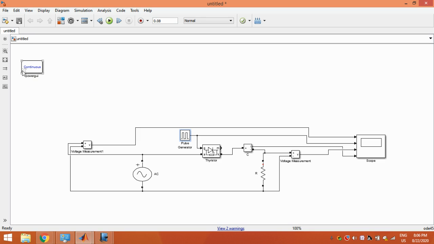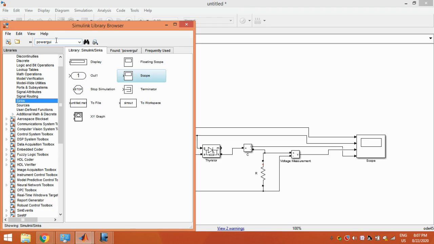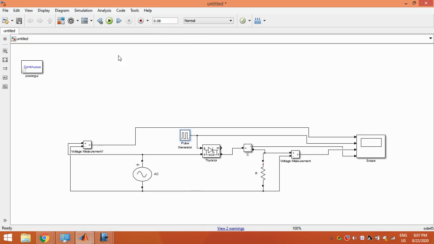In some versions, you need this solver powergui. So once you try to run it, see to that this powergui block is there. How to take it? Take it here and simply type powergui. You can find it and drag it and paste here. Now when you run it,